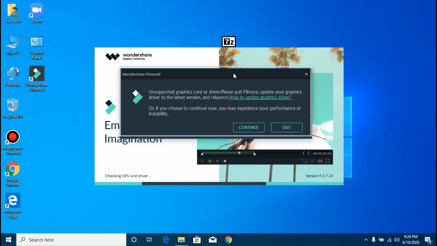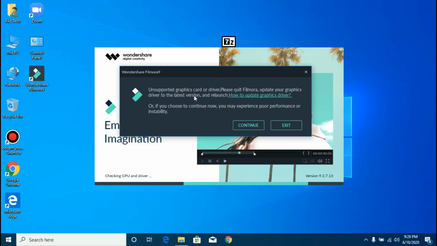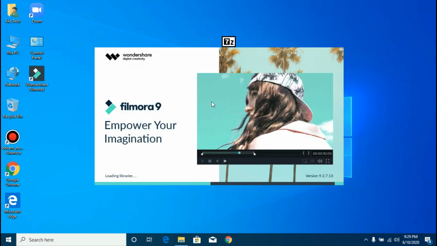If you also have this issue, just continue, do not exit. It is loading the libraries, and now the program is being initiated. You can see that Wondershare Filmora 9 has been launched.